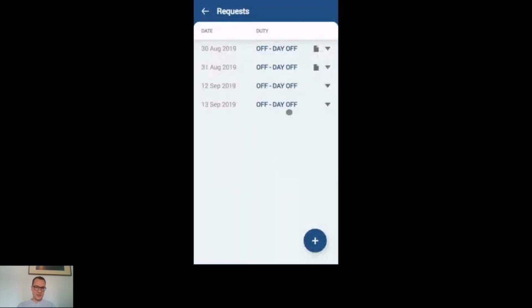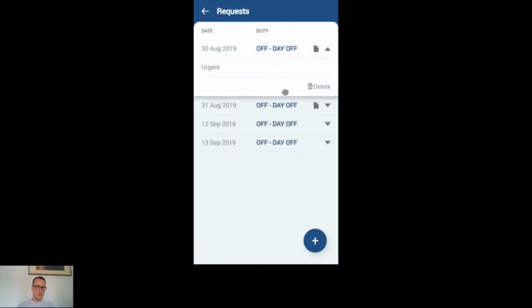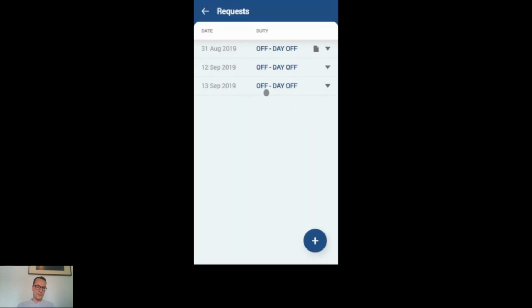Requests section is where the crew members can request for duties. This is the list of already requested duties. As you can see the details. This icon indicates that there are certain notes. If crew decide not to apply for this duty or change their mind, they can easily delete such a request, and this request will then disappear from crew pages on the browser, crew pages such as crew duties or crew